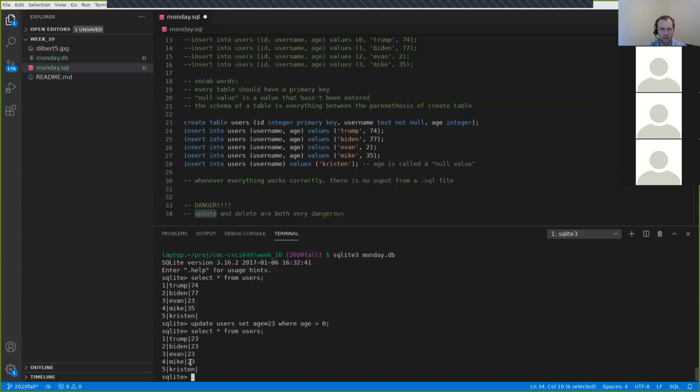I personally know of 3 different companies whose business was just wiped out because somebody who wasn't supposed to run these commands accidentally ran them and deleted everything in the database. Once the information's gone, you can't get it back. In this case though, because we know what the values should be, let's